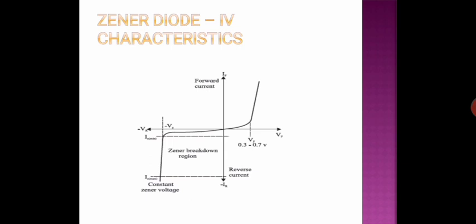A Zener diode behaves like a normal diode when it is in forward bias, but when it is in reverse bias, it shows a breakdown. This breakdown we discussed previously. Here, at a voltage called the Zener voltage Vz, the current suddenly increases. If the applied voltage is increased beyond the Zener voltage, it is interesting to note that the voltage remains constant at Vz for increasing current once the Zener breakdown occurs. This property of the Zener diode is used in a voltage regulator.